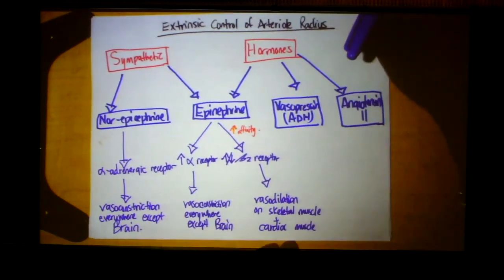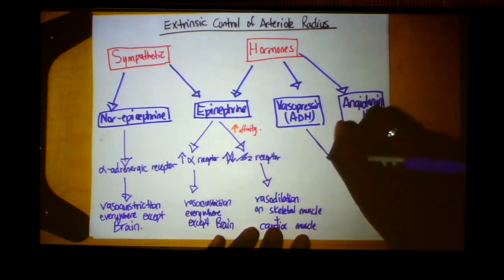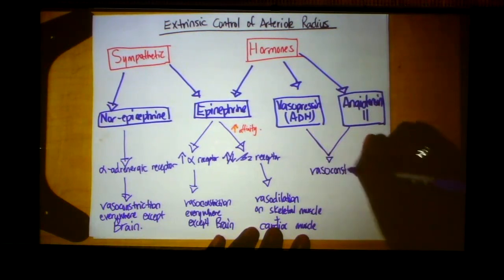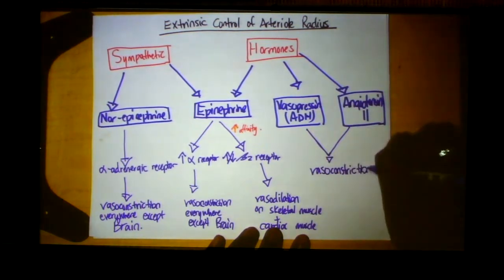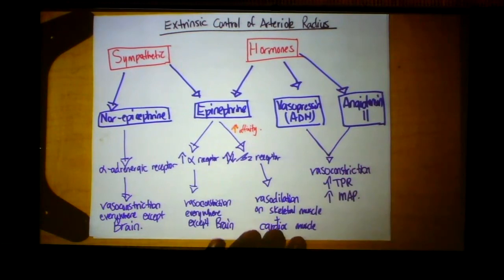Now the final two hormones here, we haven't gotten to them, but they are pretty straightforward. Both of these cause vasoconstriction. And we know that it's going to increase total peripheral resistance and increase mean arterial pressure. Okay, we'll talk a little bit more about them in detail, but they're also hormones that extrinsically control the